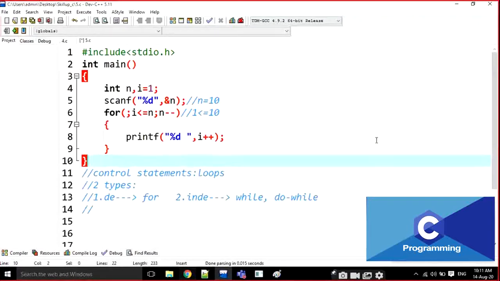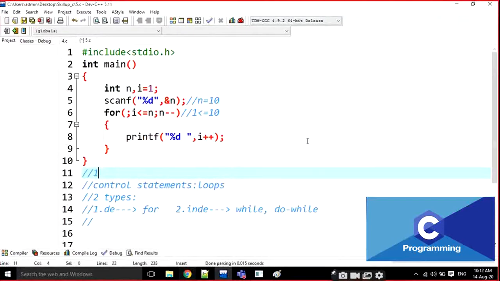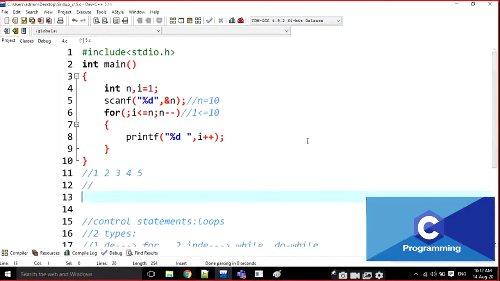One is printed 10 times. This is 1, 2, 3, 4, and 5. Is there any other output?